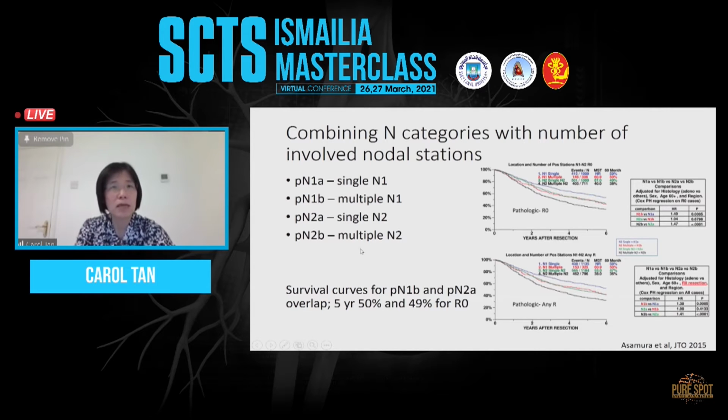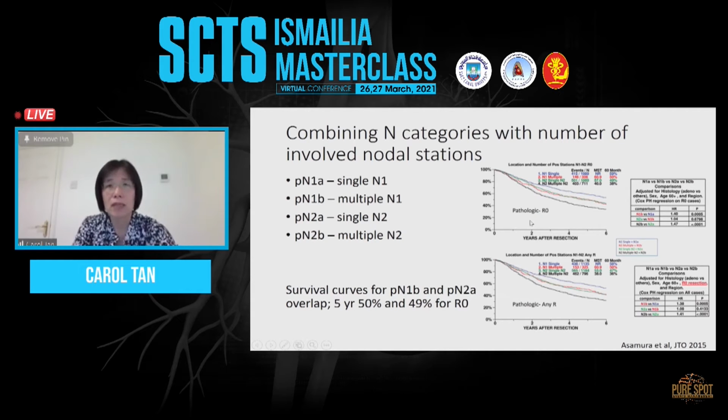You've already seen this subclassification. We talked a little bit about the anatomical position determining whether you're N0, N1, or N2. The reason why they've looked at whether or not you have single station or multi-station nodal disease is because we're really looking at whether the volume of disease in the lymph node also has an effect on prognosis. So just to recap, N1a is a single station hilar lymph node. N1b is multiple hilar lymph nodes. N2a is a single mediastinal lymph node, ipsilateral, and N2b is multiple